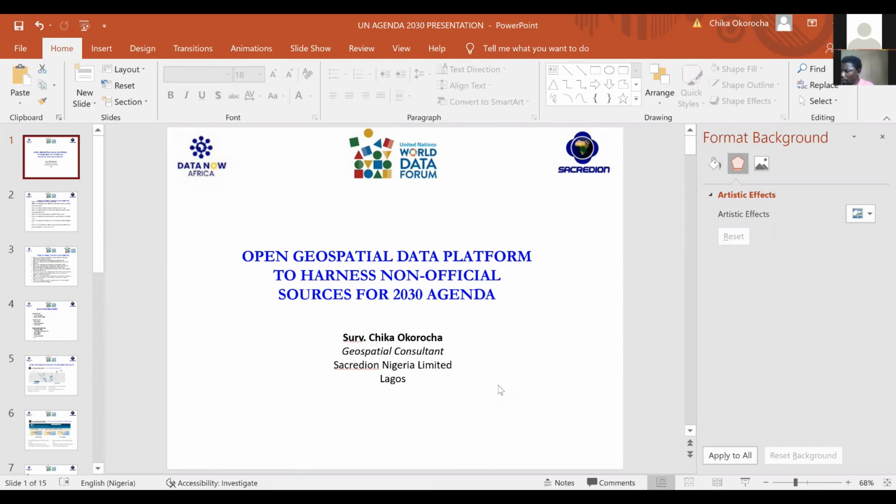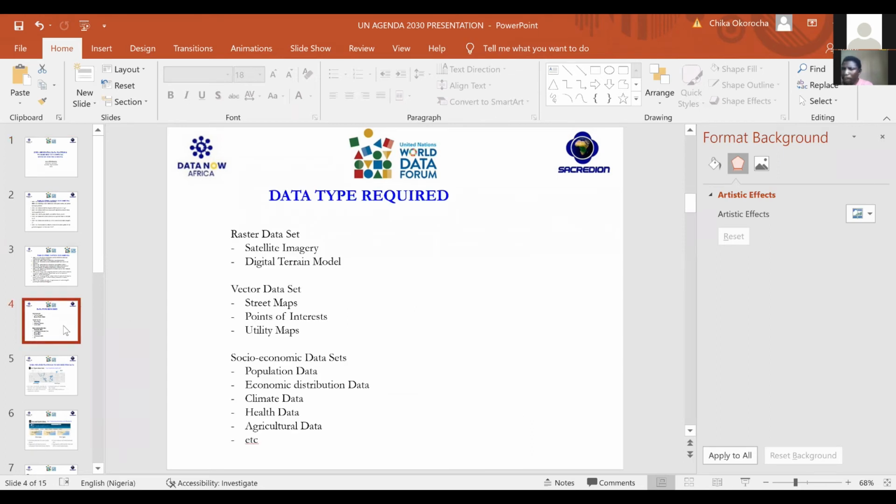Because let me tell you, in the scheme of things, when it comes to this forum worldwide, globally, there is special attention on geospatial data. The reason is that geospatial platforms can collect data on any excluded person or tribe or people, wherever they are in the corner of the world. So that's why this topic is one of the most important.